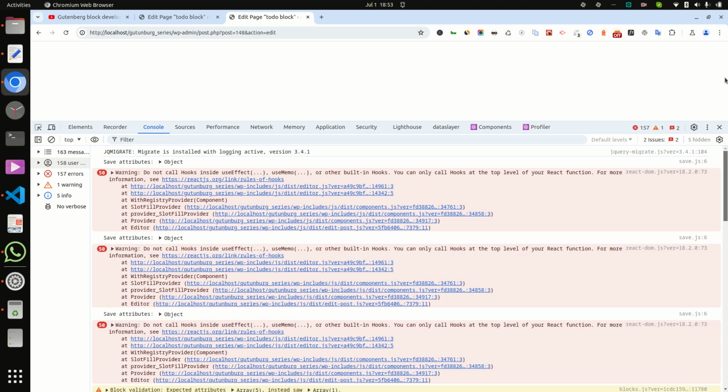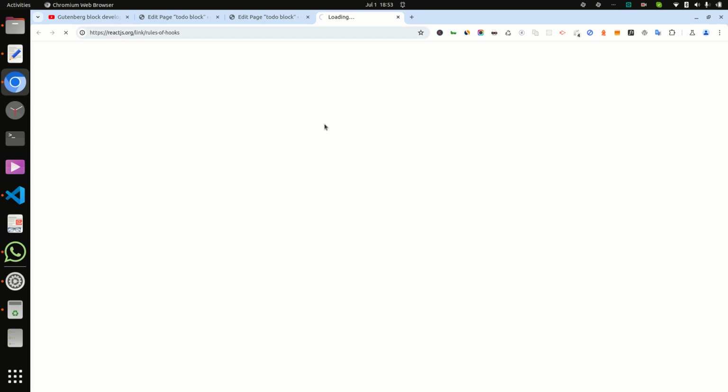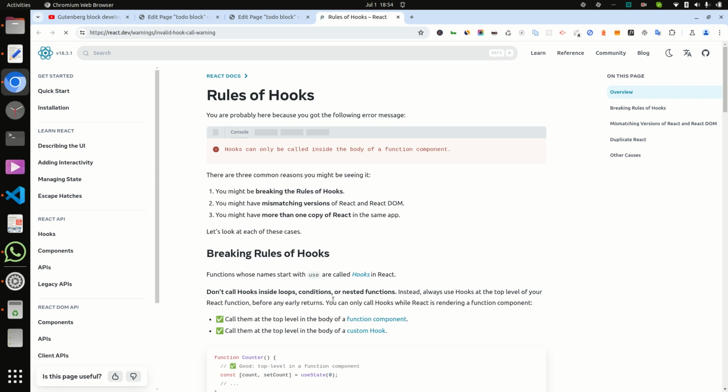For more, see the rules of hooks. You can also check the rules of hooks here. Hooks can only be called inside the body of a function component.